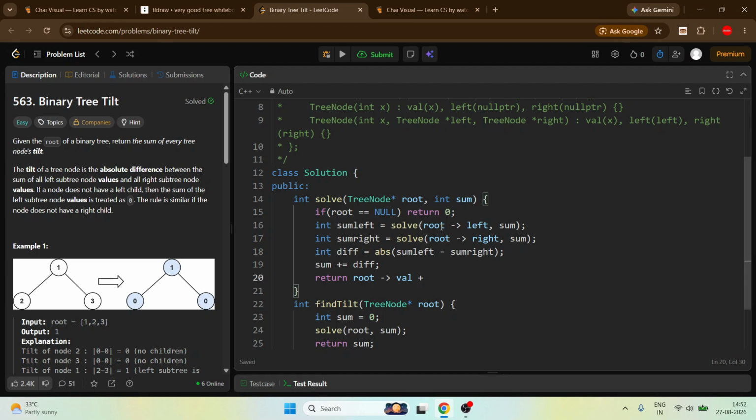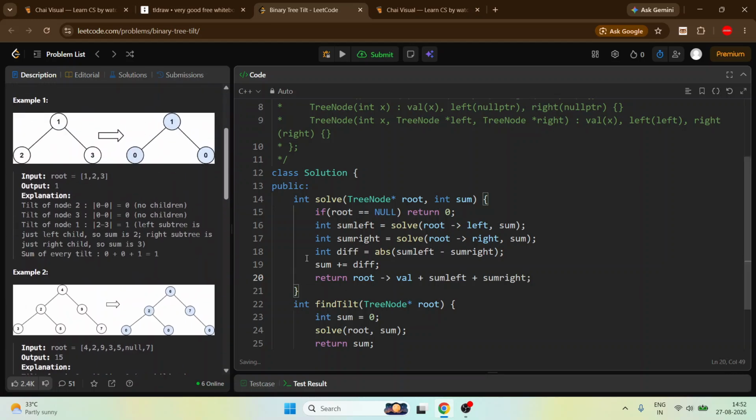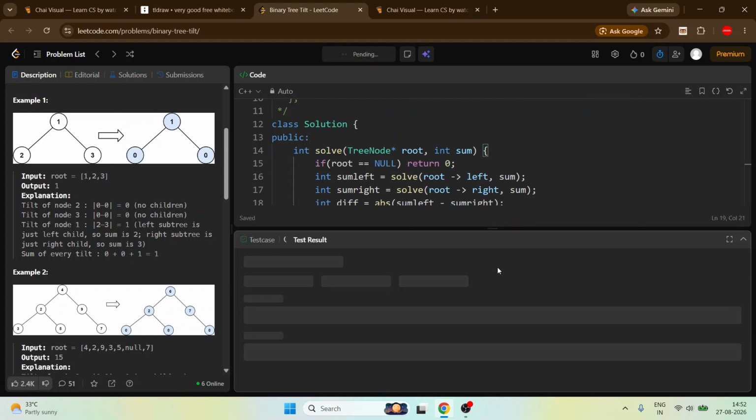This is node value plus sum left plus sum right. So every parent needs the whole left part sum and the whole right part sum, and then their difference will be stored in this absolute value, and we just perform this.